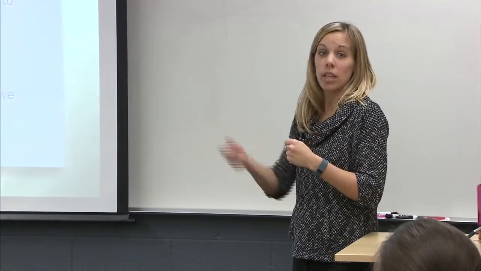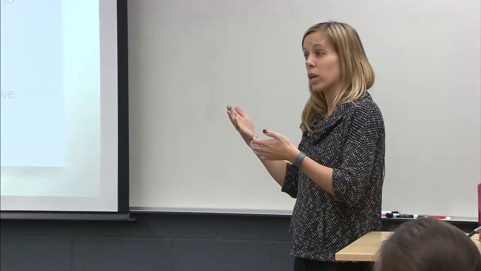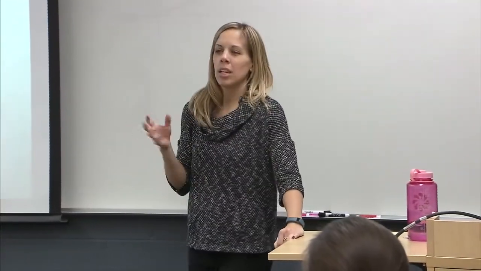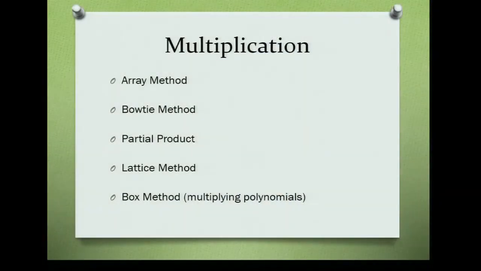They want to get it done quickly, and so the better they get at it, the quicker they can arrive at the answer. So we're going to look at a couple of different operations. There are a lot of different ways to represent multiplication. So we're going to look at, and these names are interchangeable depending on who uses them and where they use them, but we're going to talk about the array method, the bow tie method, partial product, lattice, and then